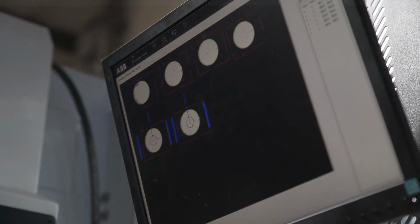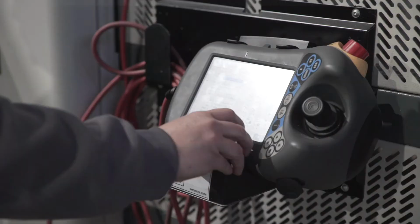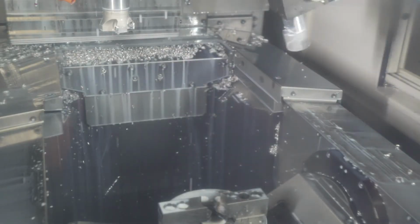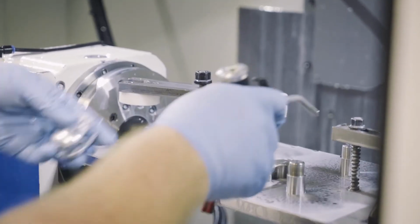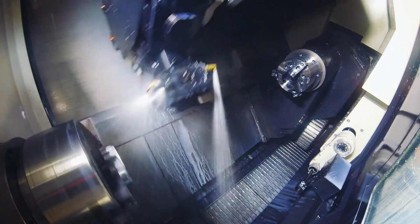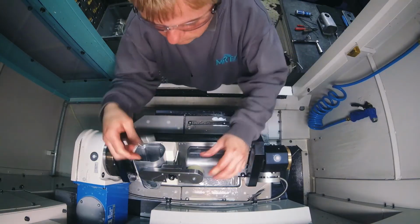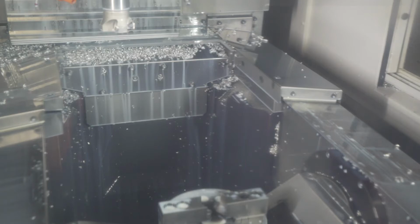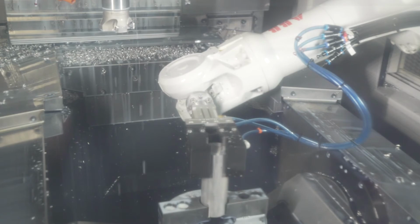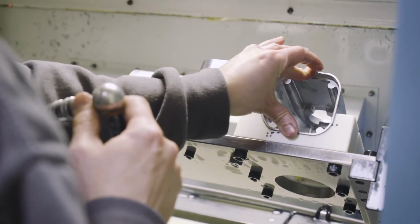CNC mill turn centre. I had no knowledge of automation to start with, so that is the biggest thing. Now we've got the robot in, I'm learning every time we set it up, every time we do something with it, we're getting some good results. I think the biggest thing that our guys picked up was that appetite for change and to embrace that change. And that actually, automation and robotics wasn't a threat to their job, it was actually an opportunity for them to upskill and an opportunity for the business to become more competitive and progress, and they could see their futures in